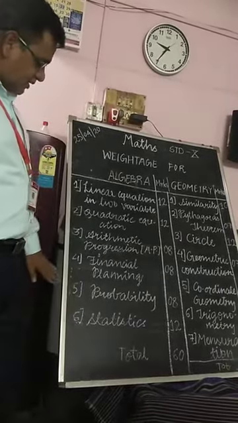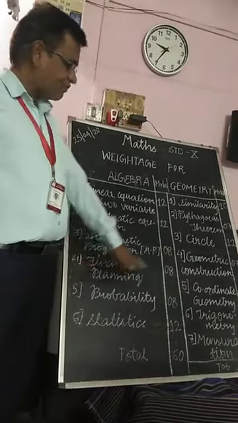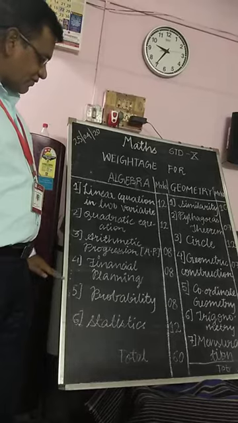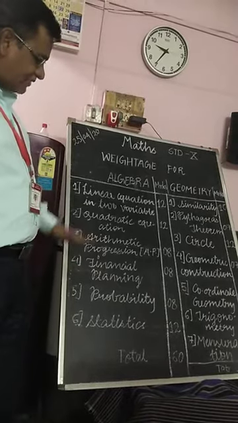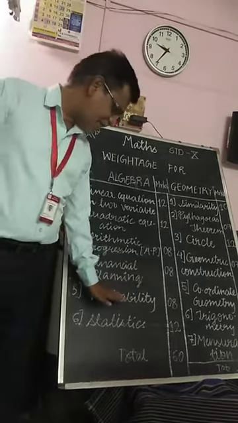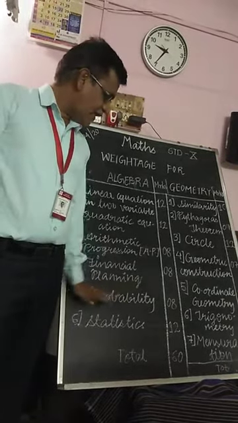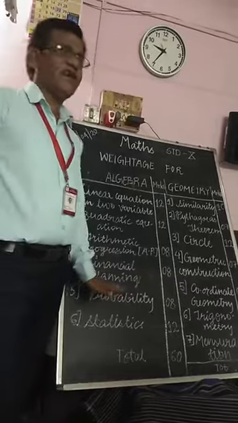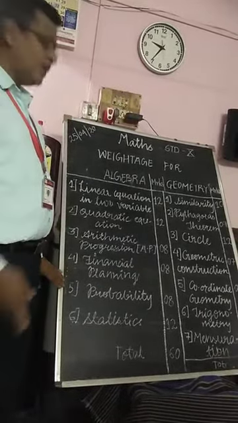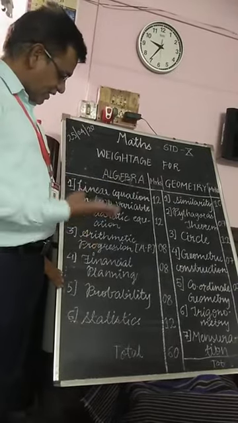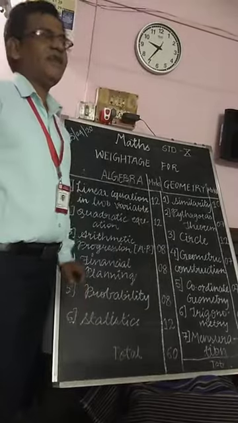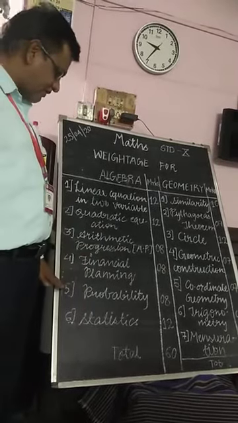Now the fifth chapter is called probability. This is also a new concept for you, and we did not learn this chapter in previous classes. Probability is only for 8 marks and it is an easy chapter. In this chapter you only learn 3 exercises. When you learn these 3 exercises perfectly, you get the 8 marks, and it is a very easy and scoring chapter.